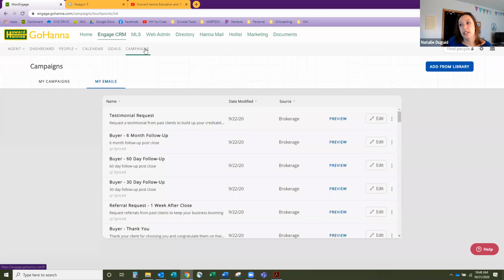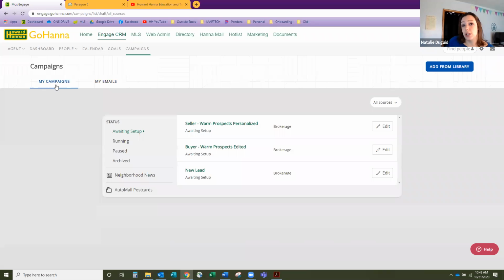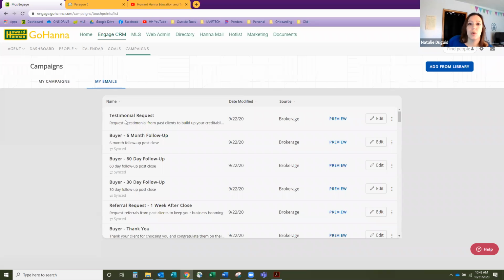So when I'm under the campaigns tab here, you'll default to this screen, which will show your active campaigns, but we're focusing on the My Emails tab right here. And so just as you scroll down, it's going to show you basically every email that you've imported from the brokerage's library, basically by campaign. And then down here,